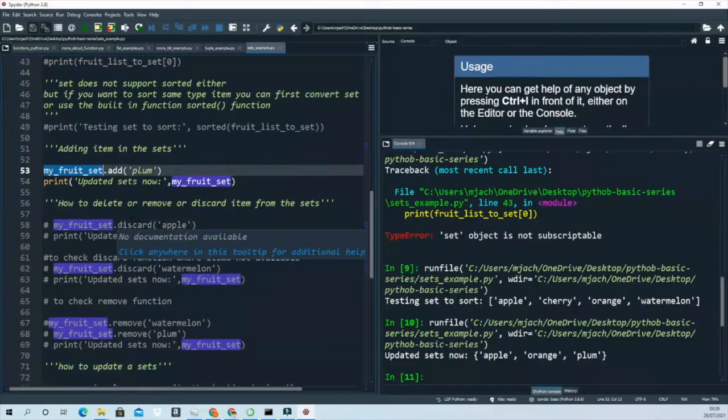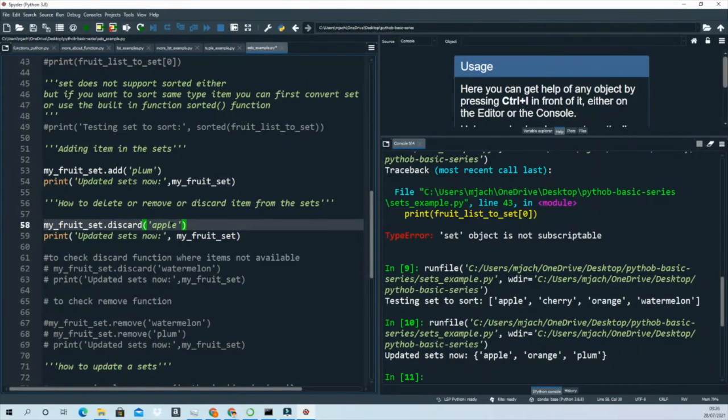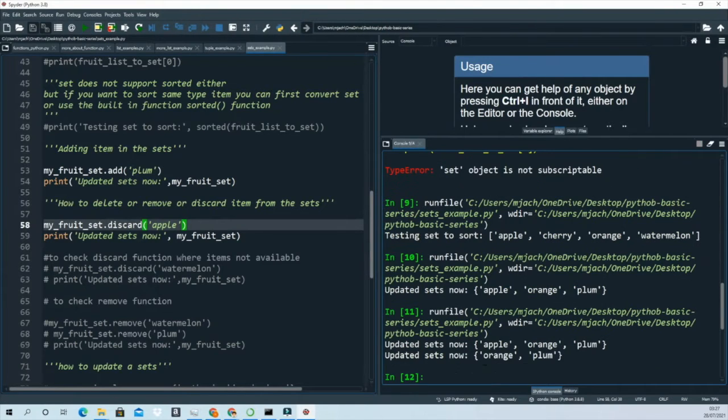And if you want to delete, remove, or discard any item from the set, you can use the built-in function, either discard or remove. If you use discard on apple, it will delete it. So if I run this, you see the updated set now, which I added, and deleted. Apple has been deleted, so there's only orange and plum left,